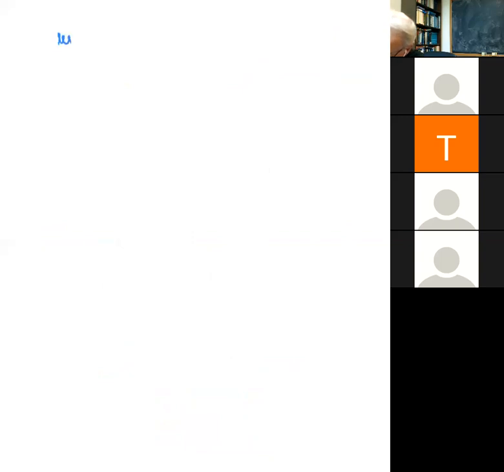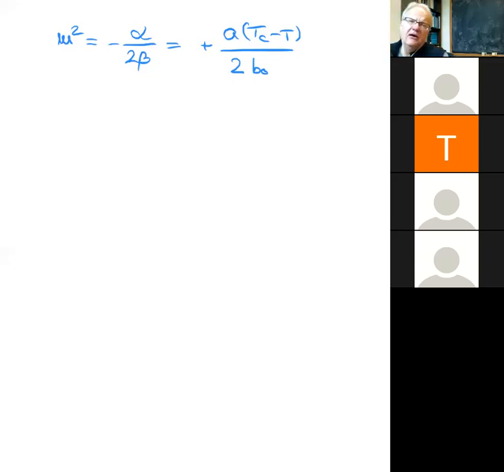So m squared is minus alpha over 2 beta. Again, alpha was a times t minus tc. So I can write this as a times tc minus t. And beta just started out being a constant, and I think I now got the constant 2b naught. Okay. So what is happening here is we have a function that's alpha m squared plus beta m to the